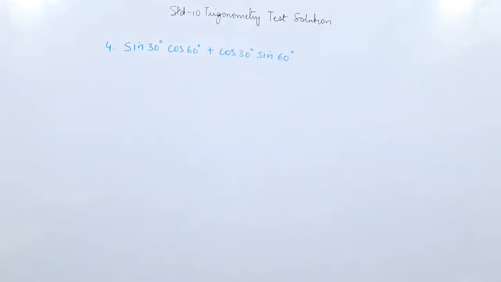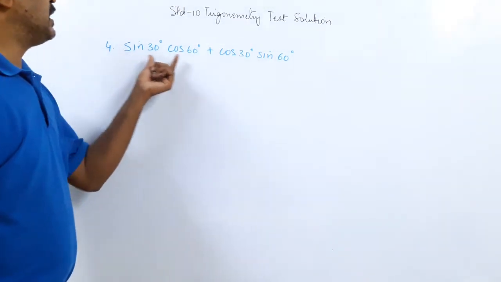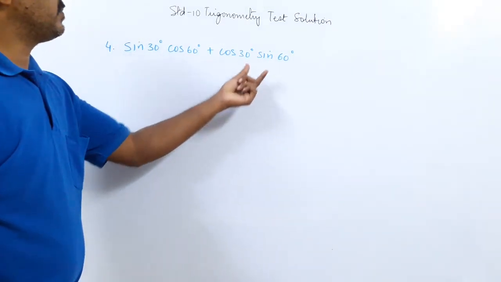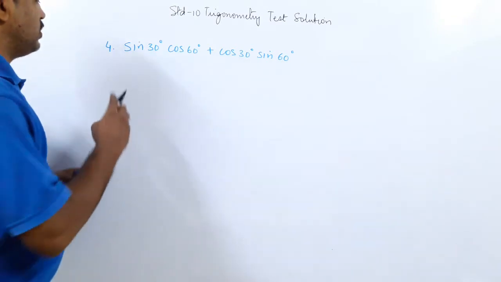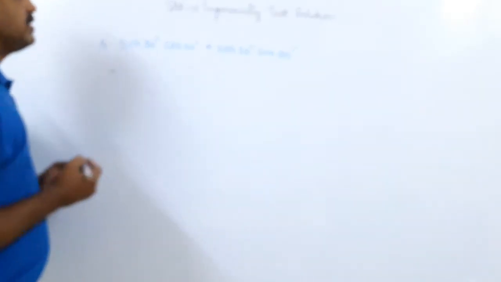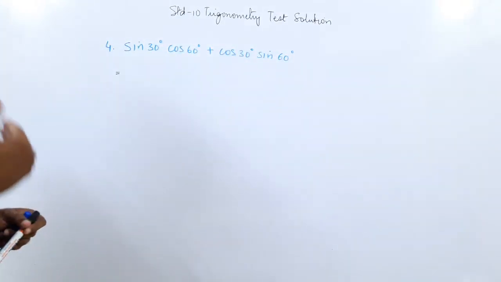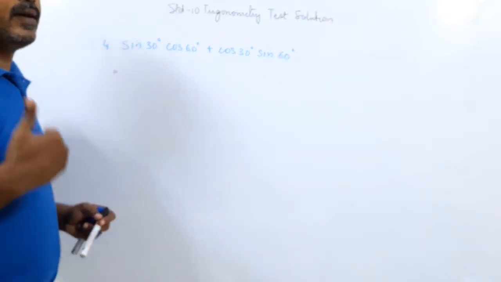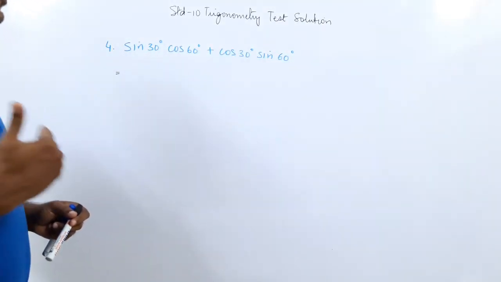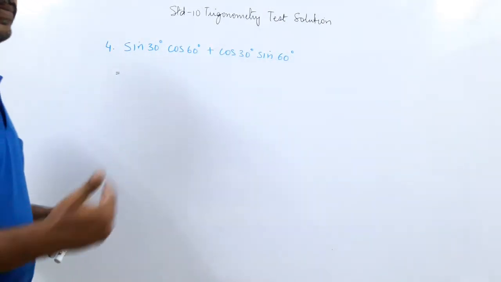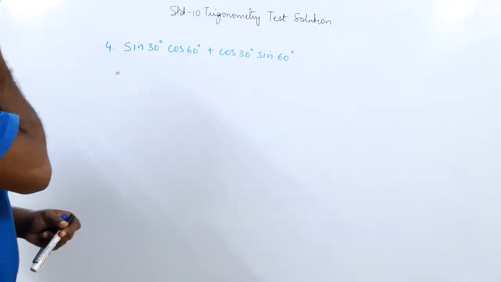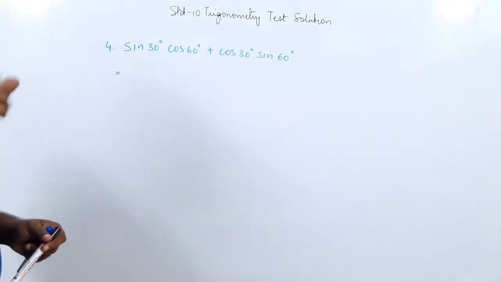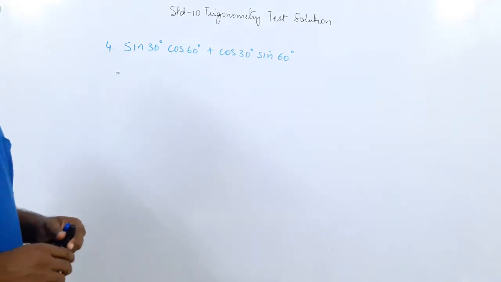Now this is the fourth sum on the board, very simple sum. You have to find the value of sin 30 multiplied by cos 60 plus cos 30 multiplied by sin 60. Now here, what is the basic thing you have seen so far? In the first three sums, you have to first understand the formula. I have been repeating again and again: practice the formula properly and the trigonometric table. I sent you some pictures also of the table, but you have to